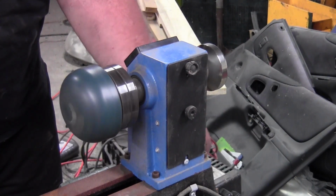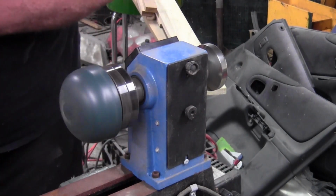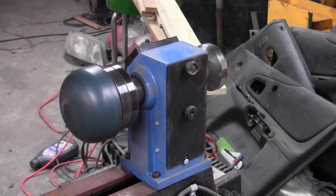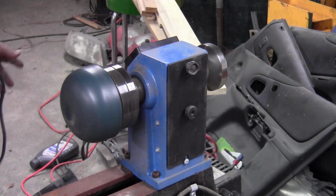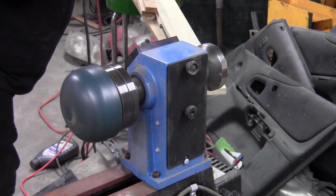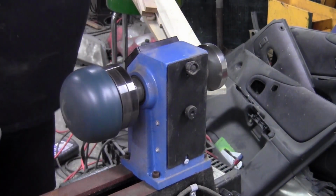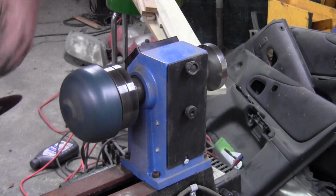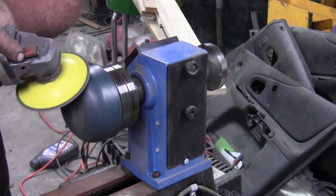Okay, it spins pretty good, about 900 RPMs. So what I'm doing is, like I said, we're just going to get this ground down to a nice polish. This isn't like doing machine work or anything. This is just using what I've got to make this. You can probably weld a stud on the back of this and chuck it in a